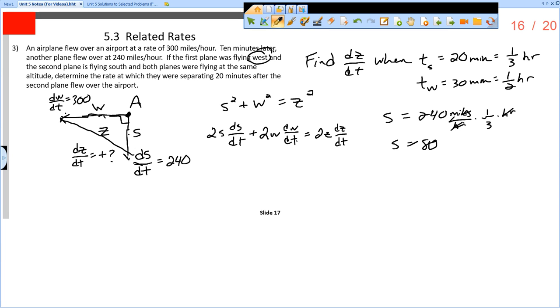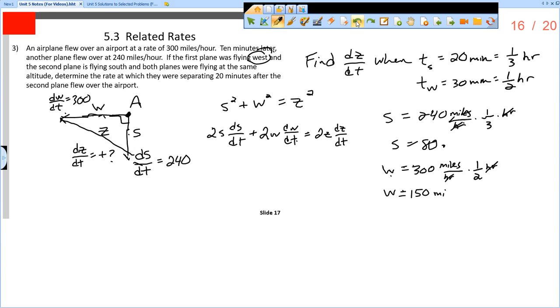Same thing we want to do with the westbound plane. The westbound plane was flying at 300 miles per hour, times 1/2 of an hour. So of course hours reduce, and 300 times 1/2 is 150 miles. So the westbound plane had traveled 150 miles and the southbound plane had traveled